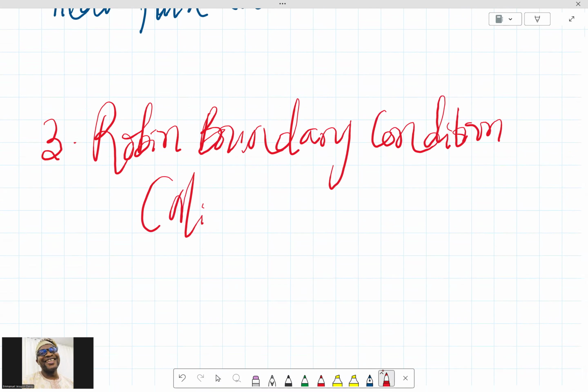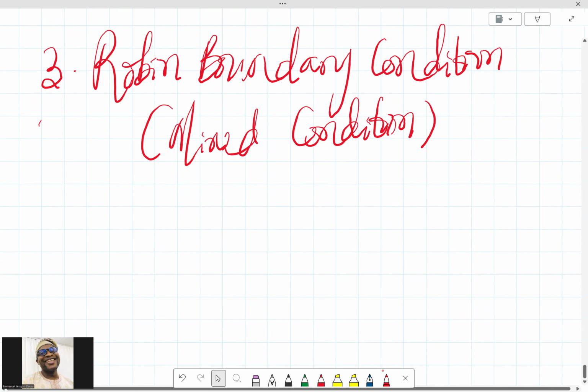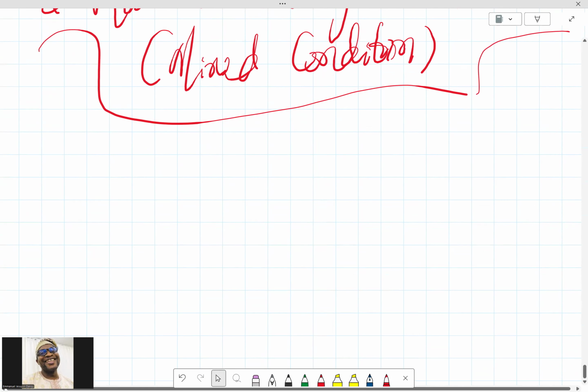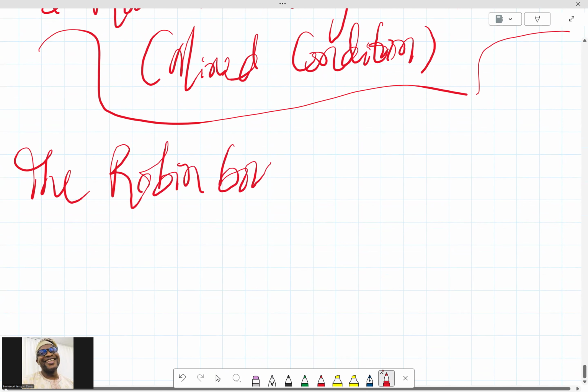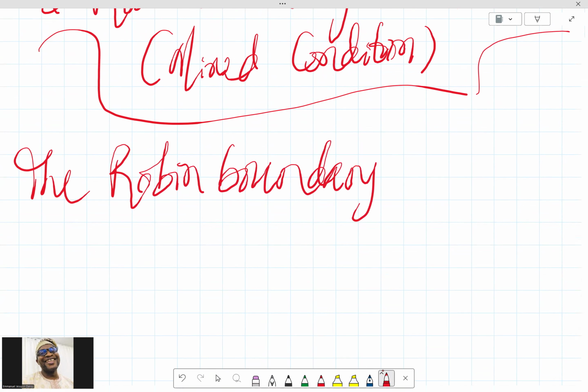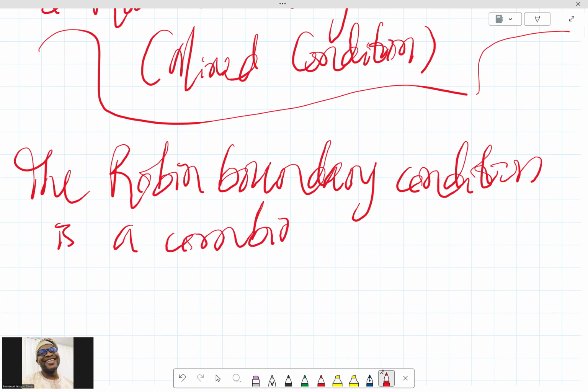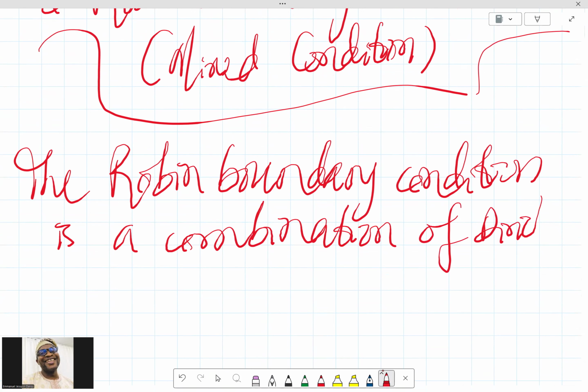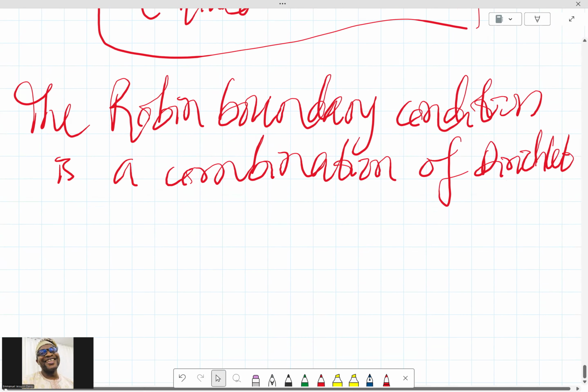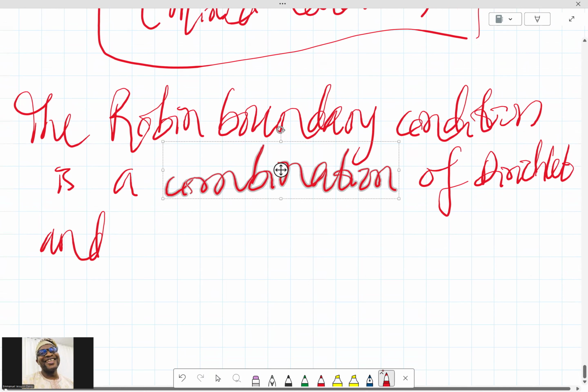It's the mixed condition, mixing both potential and flux together, if you like. So the Robin boundary condition is a combination of both Dirichlet and Neumann conditions